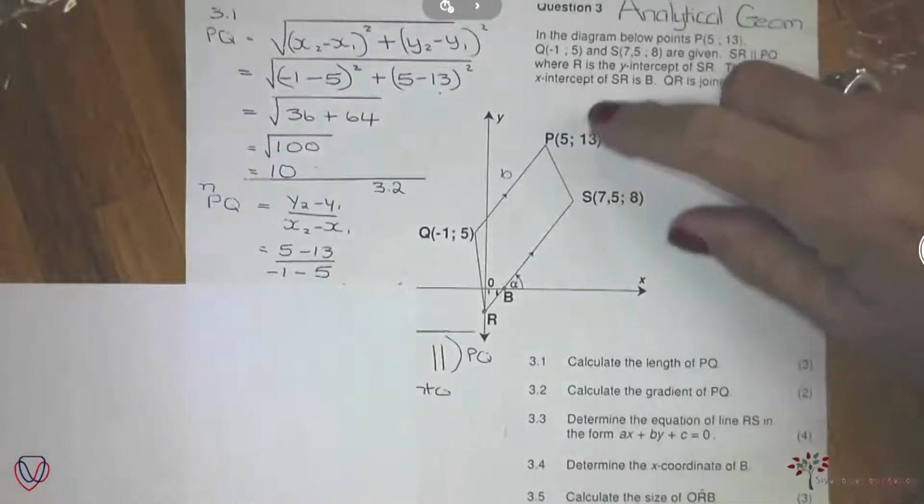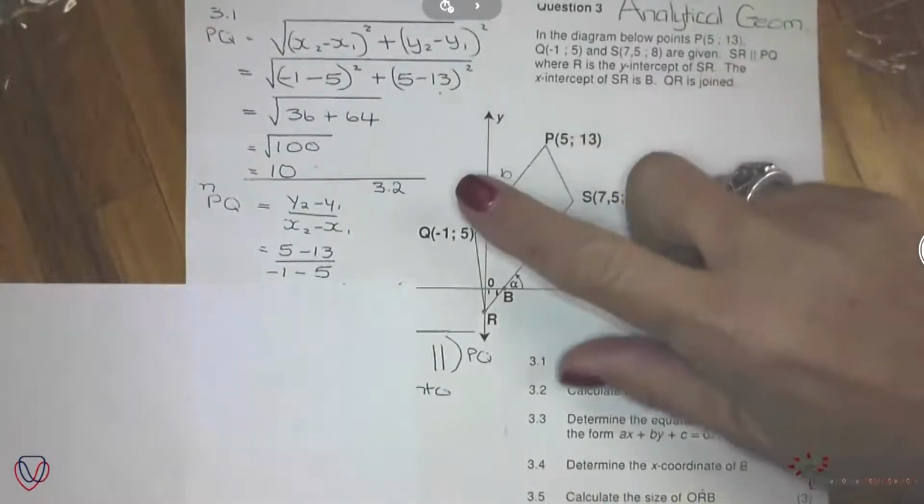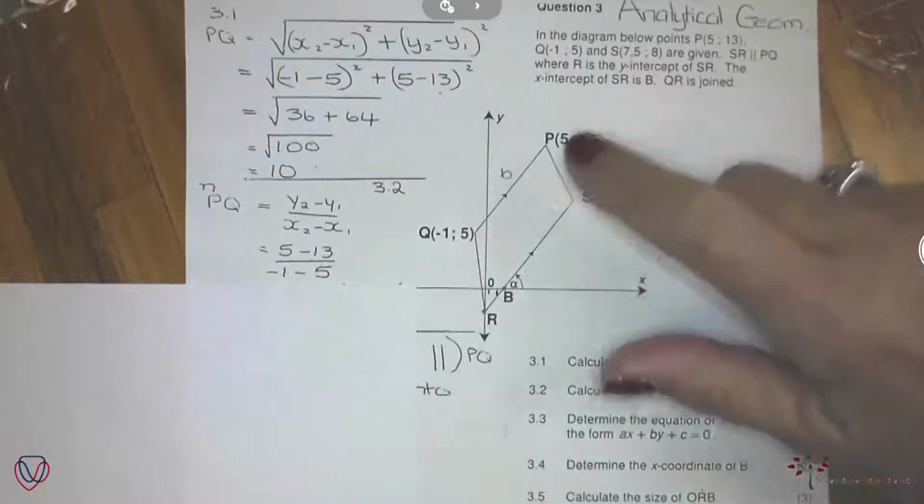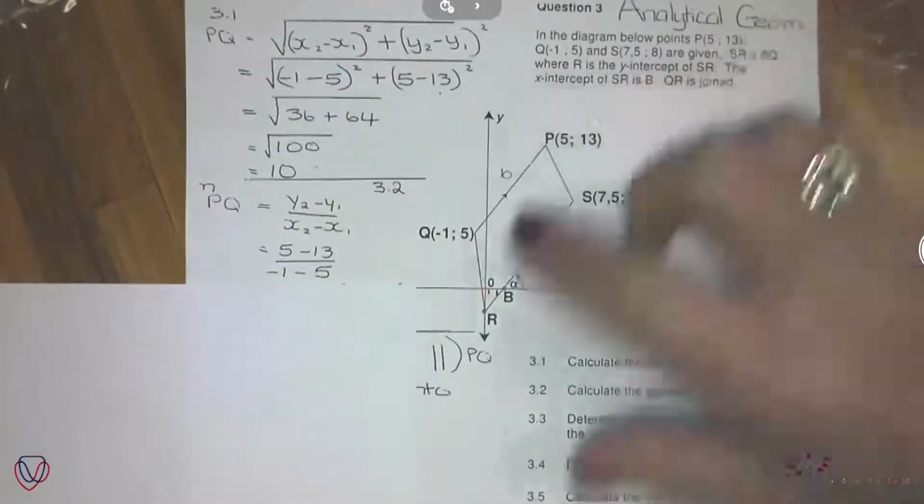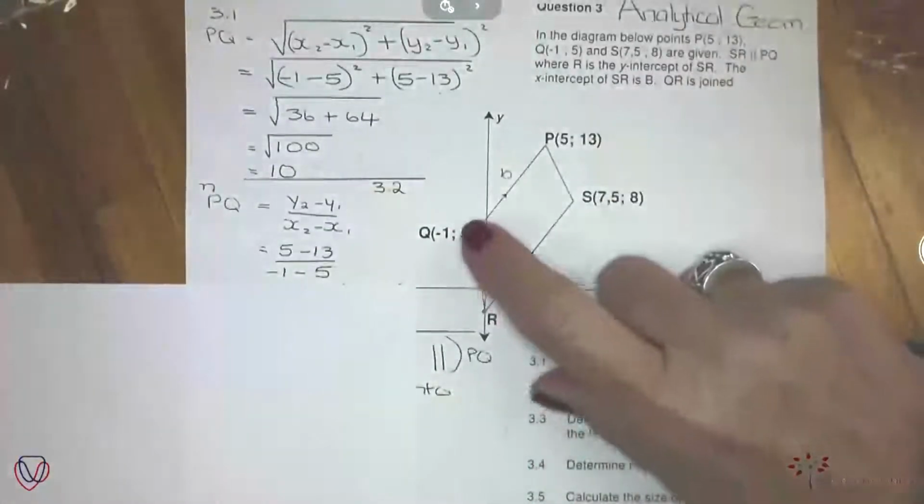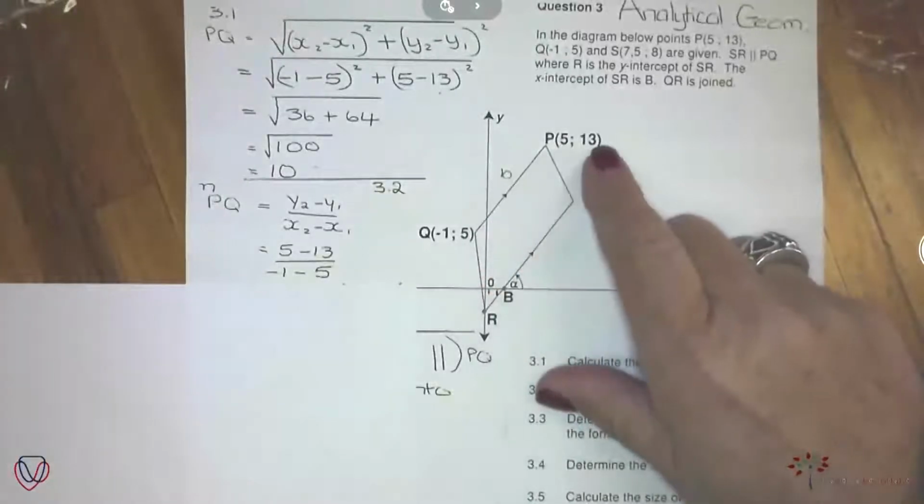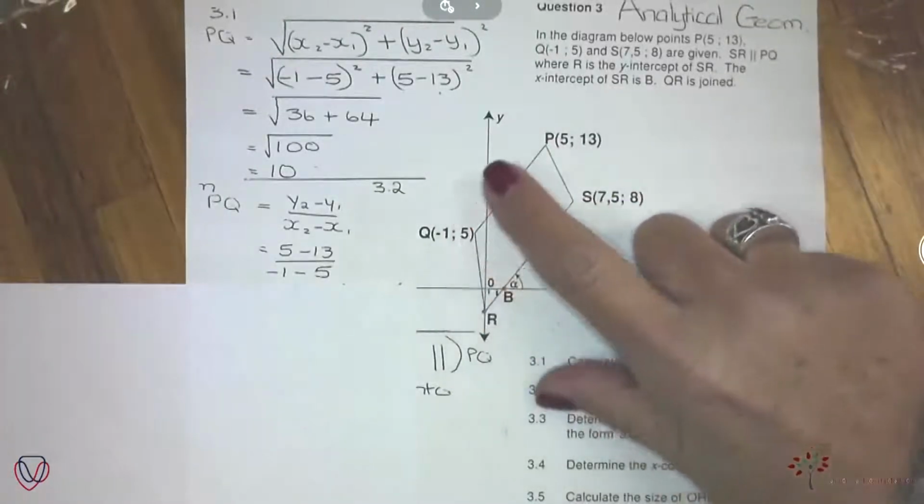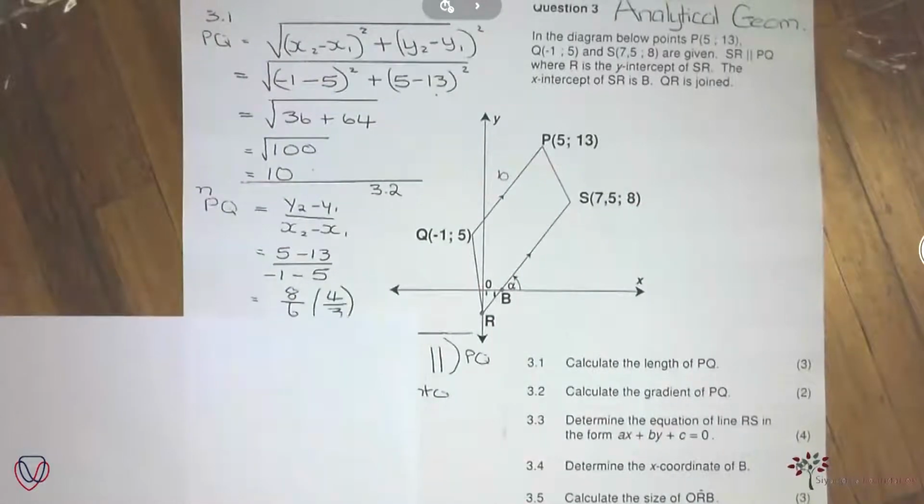So now I made that one y2. It is going to be 5 minus 13 over 1 minus 5. And that gives me negative 8 over negative 6, which will become positive. And if I want to simplify the gradient, it will be 4 over 3. Straightforward using your formula. Determine the equation